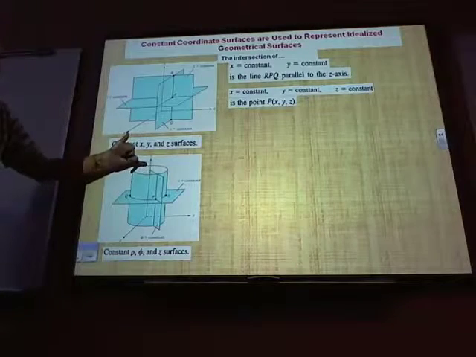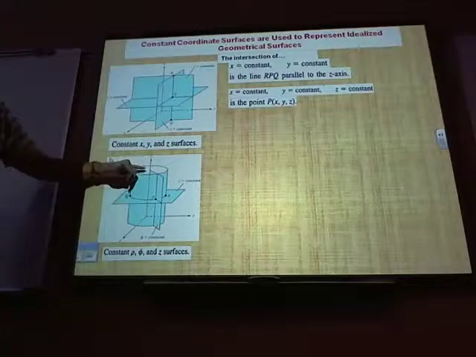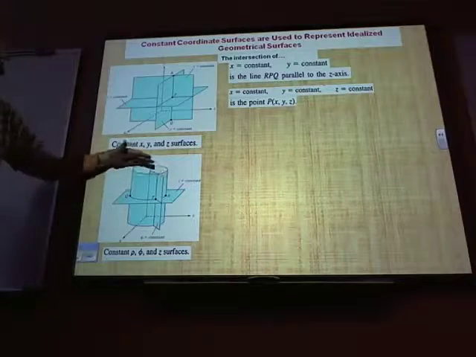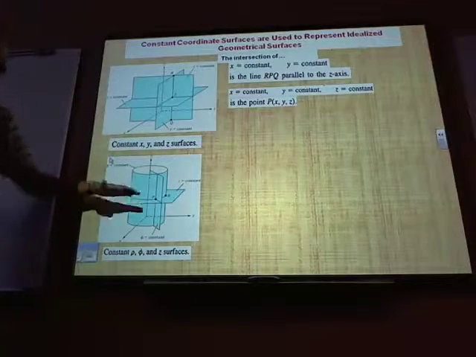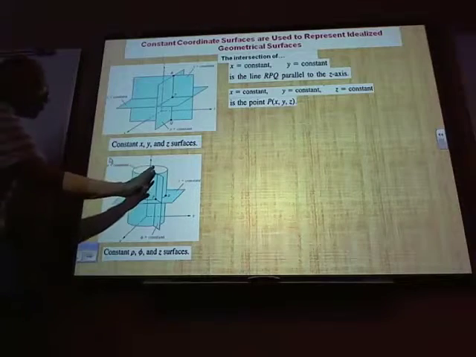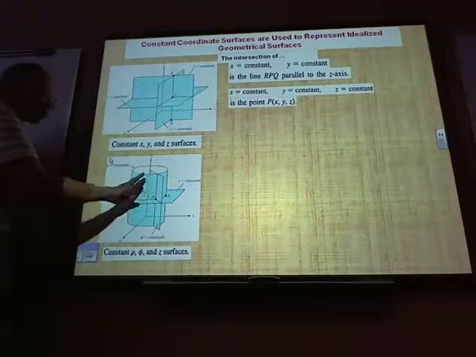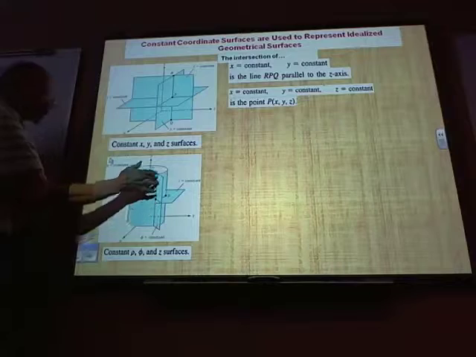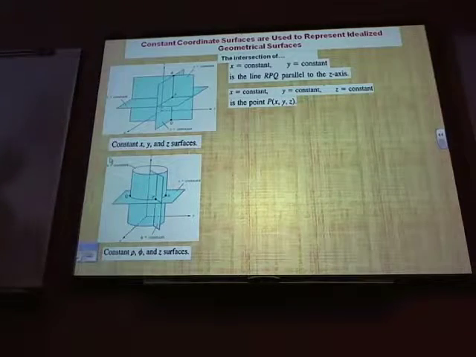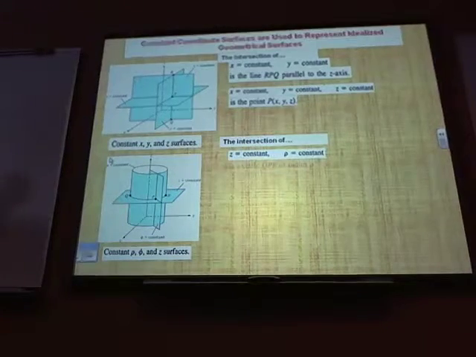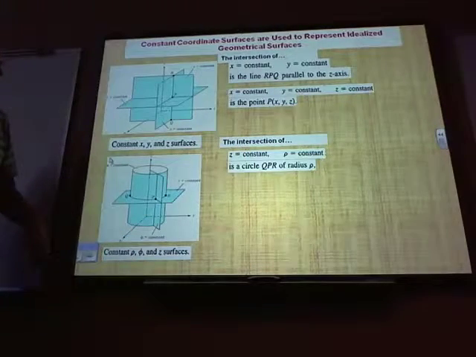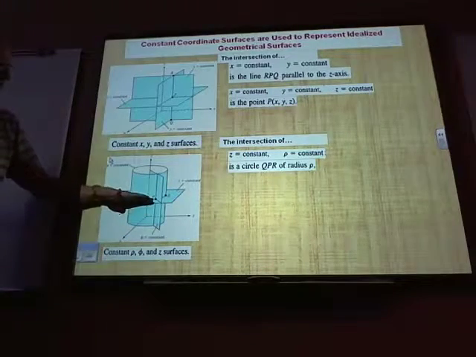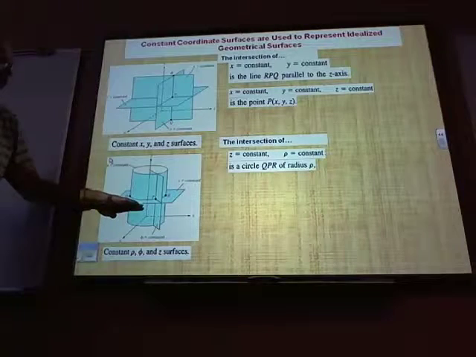And then if you had a constant value of say, z up here, okay, some constant value of z, it would just give you a plane here. And if you have a constant value of phi measured off this x-axis as you're sweeping it around, it gives you that constant plane right there. So you have to think about it like that a little bit. The intersection of z equal to a constant, it's going to be like right here, and rho equal to a constant